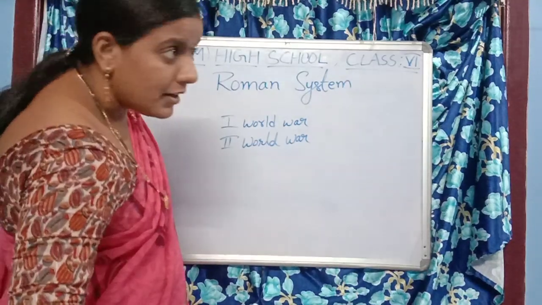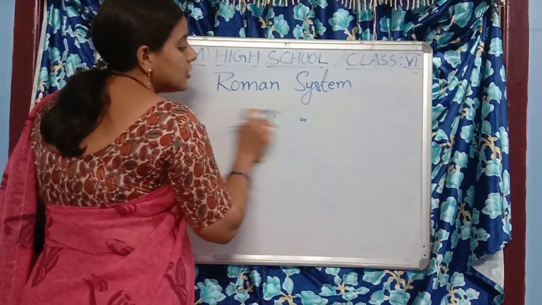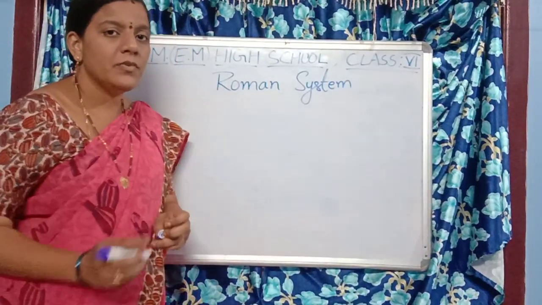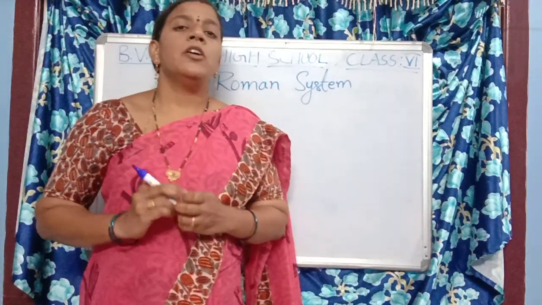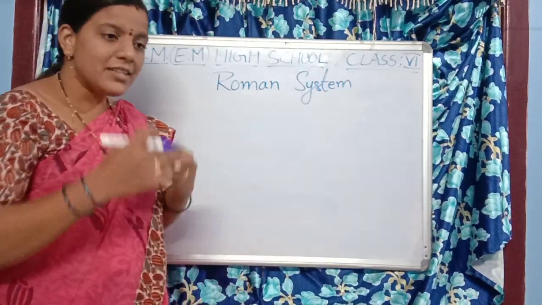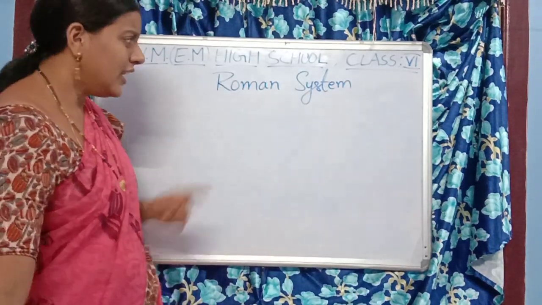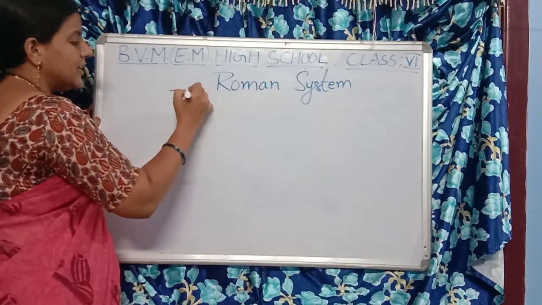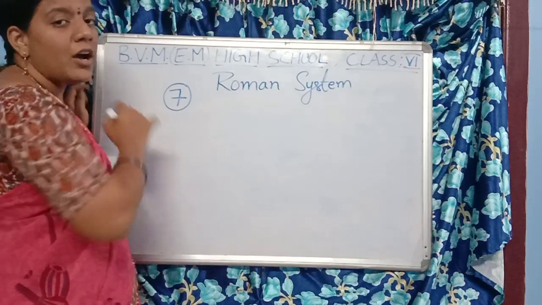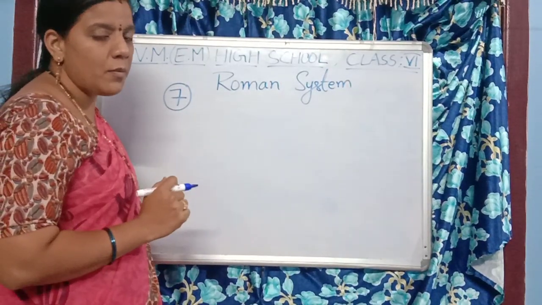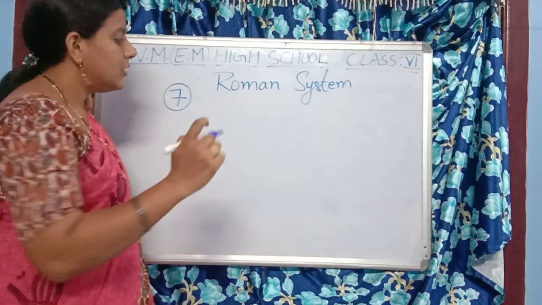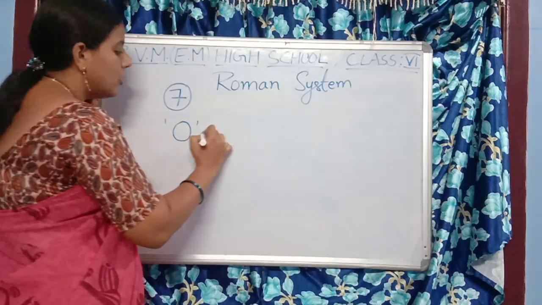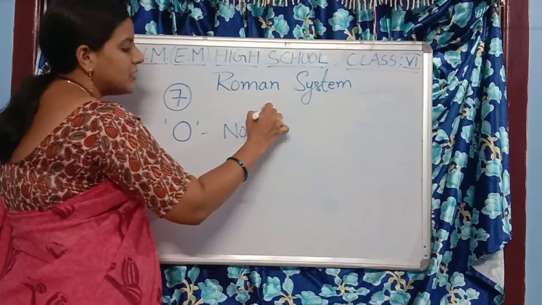And in the sporting system, we are using the Roman system. So from long ago we have been using the Roman system, and still it is continuing. Okay? In the Roman system, we are using 7 symbols. How many symbols are we using in the Roman system? We are using 7 symbols. And children, there is no zero in the Roman system. All of you note down. There is no zero in the Roman system.